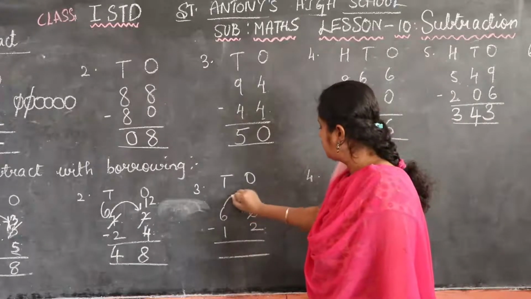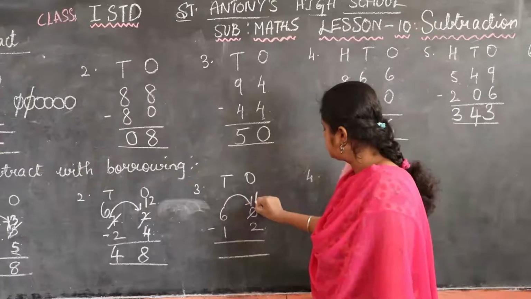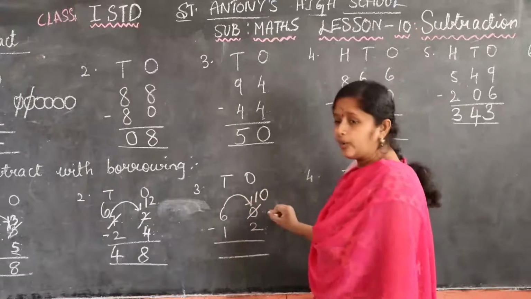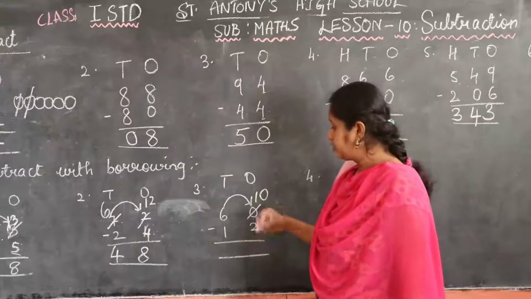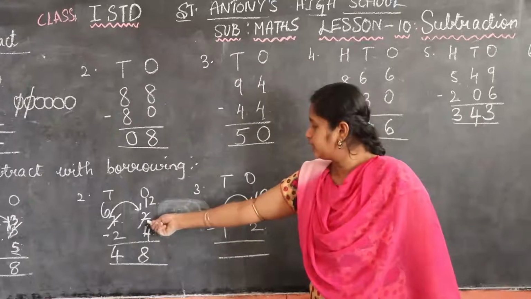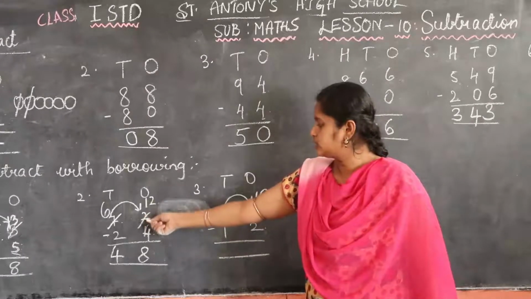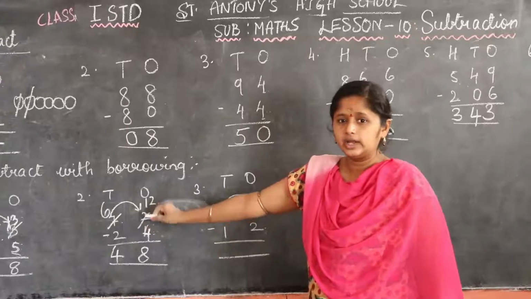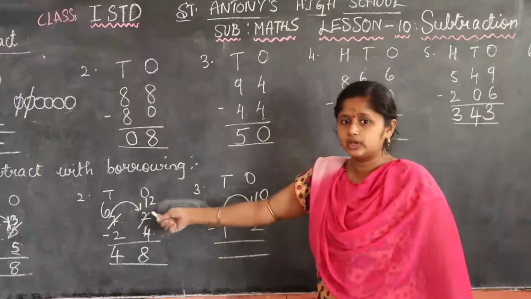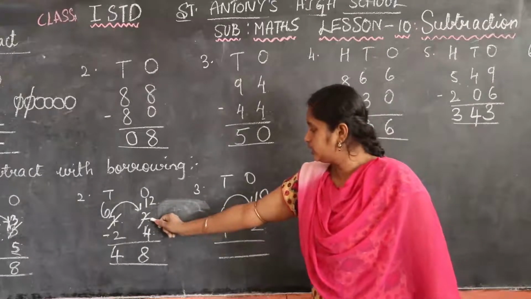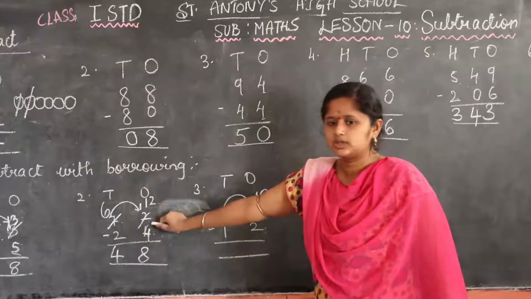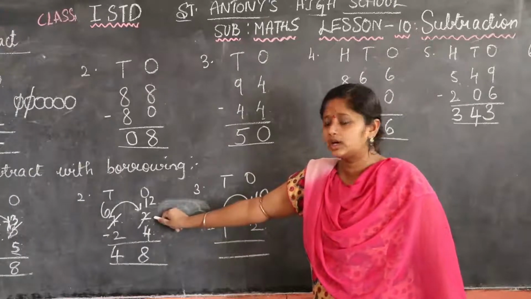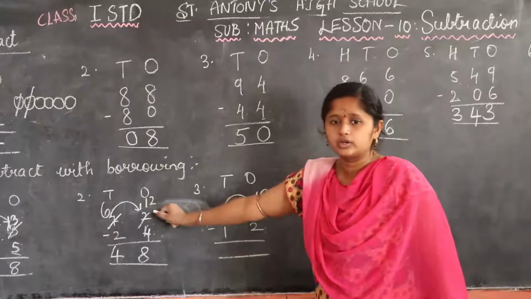This. We have to borrow 1. This becomes 10. Why? Because here is 0. If any number were there, we could write it as 10 plus 2, that is 12. We can write 12, or if in this place 3 or 4 any number were there, we can write 14, 15.